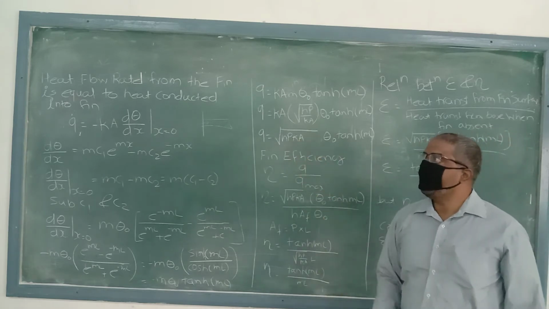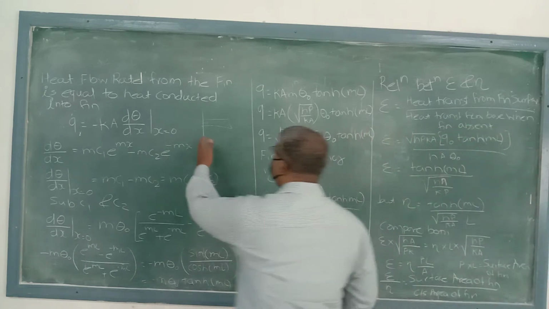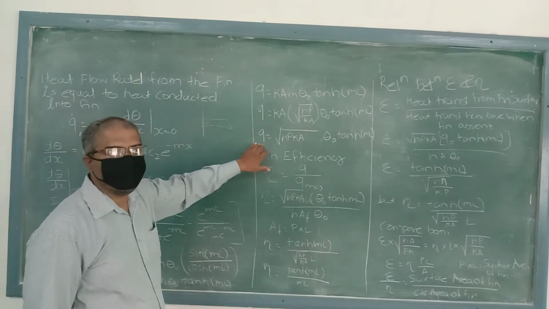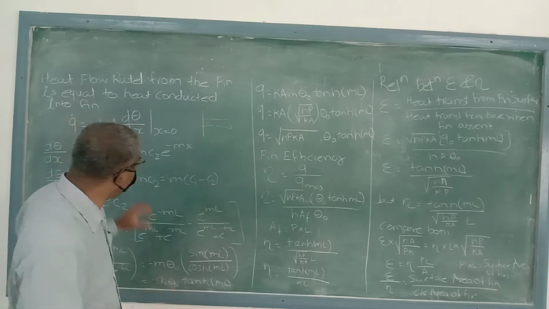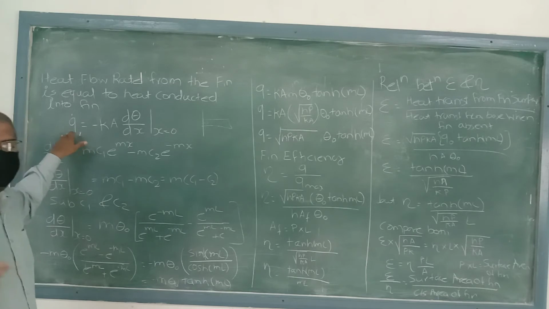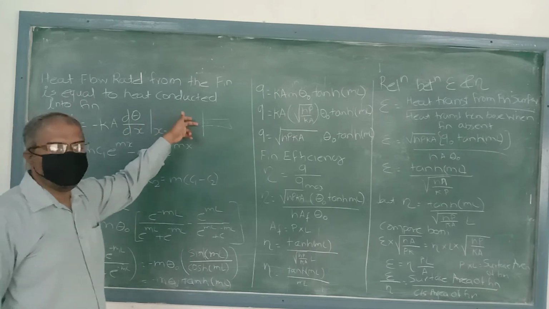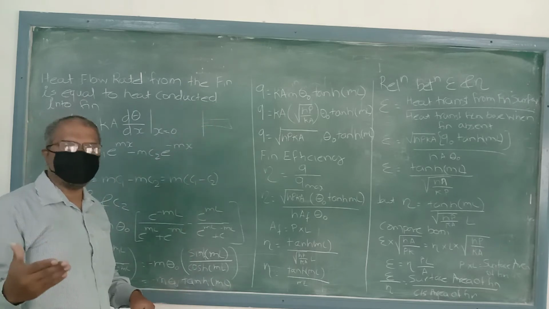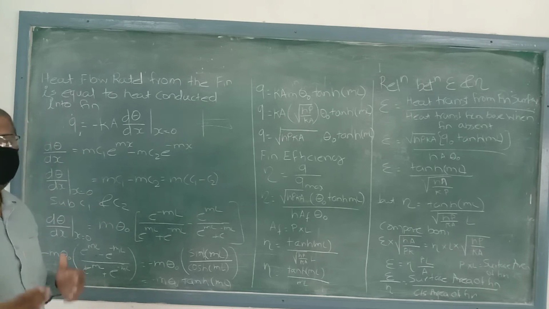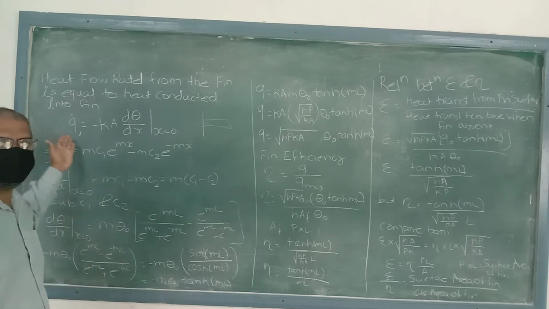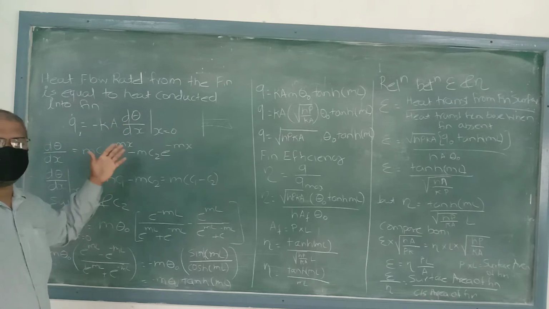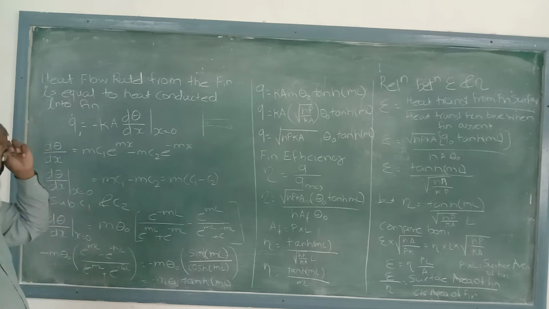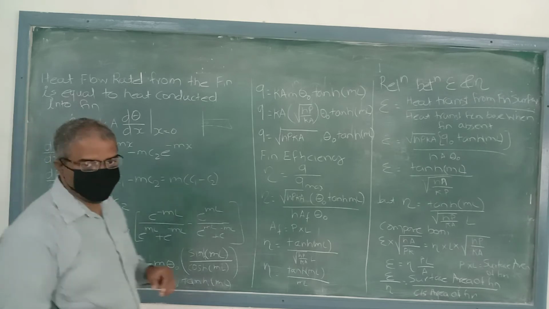And this is the amount of heat that flows through the fin, and that heat we have calculated. See what we have done. We have taken, as the first step, the heat that flows from the base of the fin. That heat is transferred to the surroundings from the fin. So we have applied the Fourier law: q = -k dθ/dx at x = 0. In this equation the value of dθ/dx at x = 0 is unknown, but we have derived it in the previous derivation